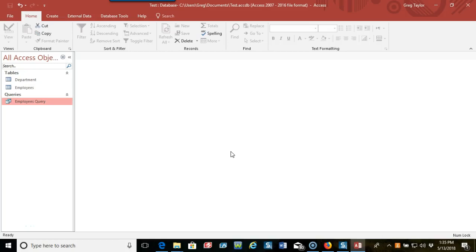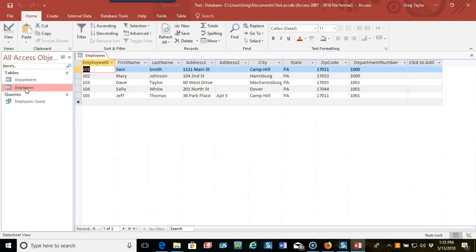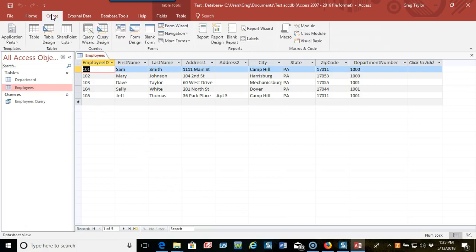at creating a join query utilizing a test database in the employees and department tables. If you'll notice in the employees table, I've since added a couple more employees along with their corresponding department numbers. So for this exercise, let's go ahead and do a create, but instead of using the query wizard, we're going